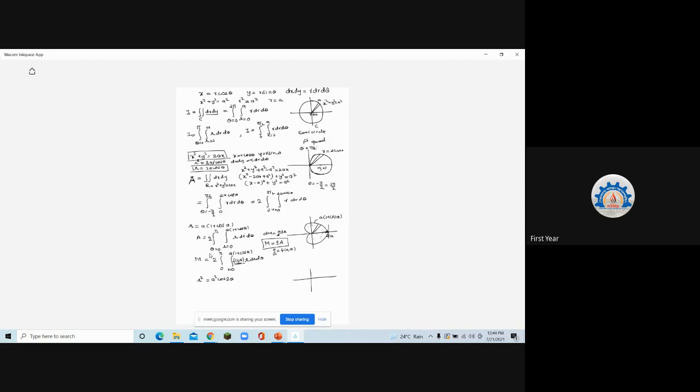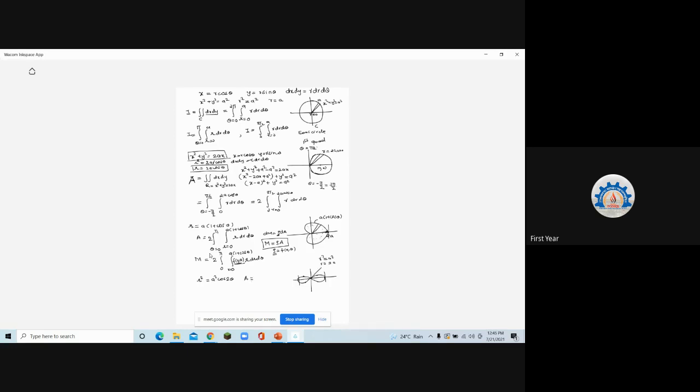Okay. Now what we have to do is we have to try to draw. So when theta is 0, what's your value? a, plus a, minus a. r square is a square, na? So that means r is equal to plus or minus a. So it will be like this, then it will be like this, then it is like this, then it is like this. Do you remember this? Infinity shape. Correct. This is called as Bernoulli's lemniscate. We did this curve. Okay?